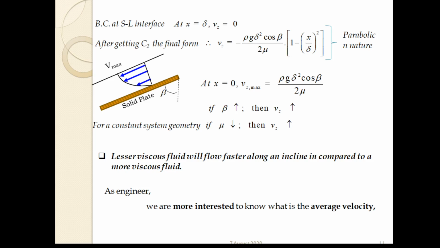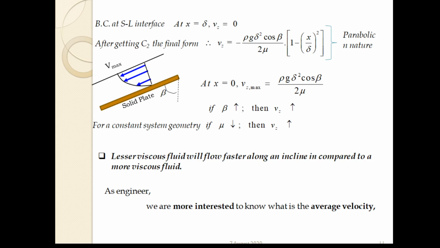This is also the reason why in a petroleum refinery we decrease the viscosity of the crude oil. After drilling, the crude oil has to be sent to the desalter unit. Before the desalter unit, some heat exchangers are there for decreasing its viscosity, and then after the desalter unit we have a series of heat exchangers to decrease its viscosity again, so that the fluid flows faster through the tubes or other equipment.